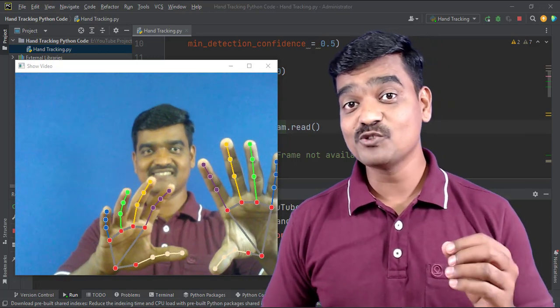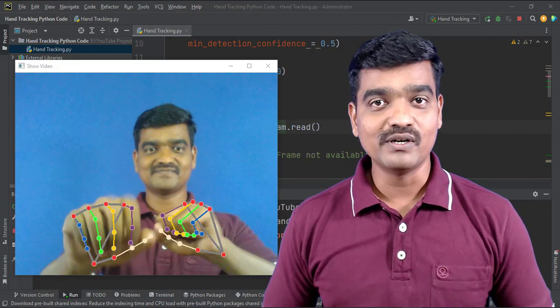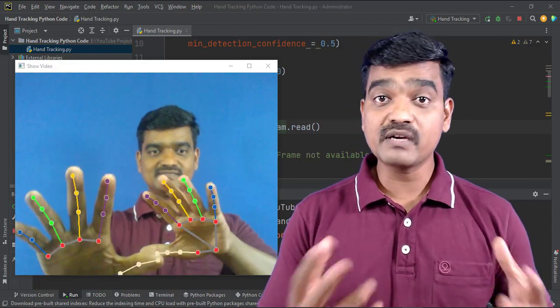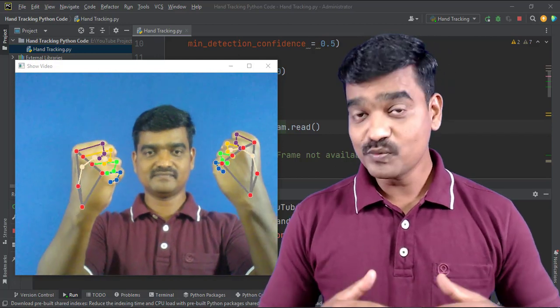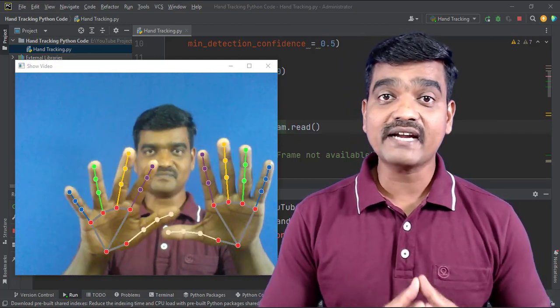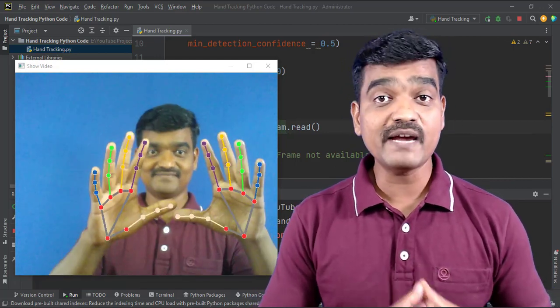Hand tracking allows you to interact more naturally and intuitively with the virtual world. By using your hand, you can pick up objects, draw, or even type virtually. In this video, we are going to understand how to track a hand using the built-in AI model within the MediaPipe library